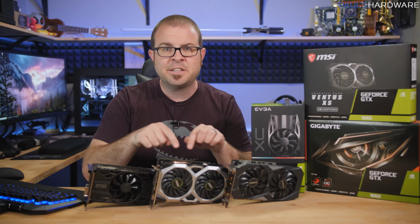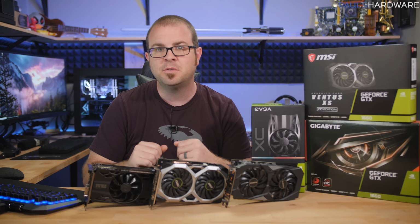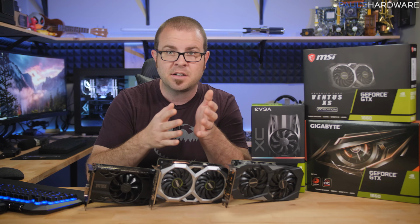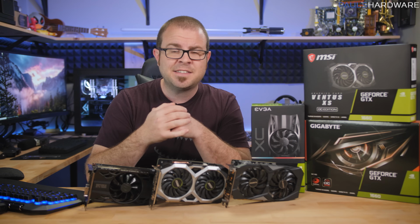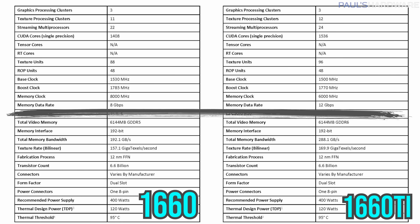So what's the difference between a GTX 1660 and a GTX 1660 Ti? They are both based on the 12nm Turing TU116 GPU, which does not include RTX capabilities, so no RT cores, no hardware support for ray tracing or DLSS like you get with RTX cards, which honestly isn't a huge loss in my opinion. So the main difference is fewer streaming multiprocessor units and CUDA cores. 22 SMs on the 1660 versus 24 on the Ti, 1408 CUDA cores down from 1536 on the Ti, and then you have slower 8,000 MHz effective GDDR5 VRAM on the 1660 versus faster 12,000 MHz effective GDDR6 on the